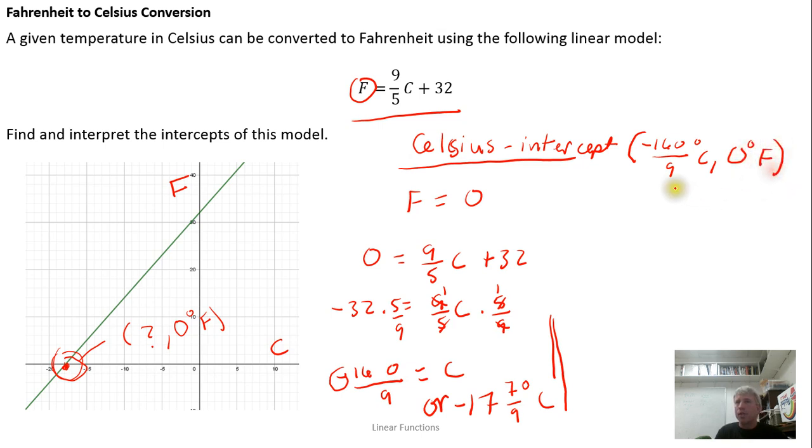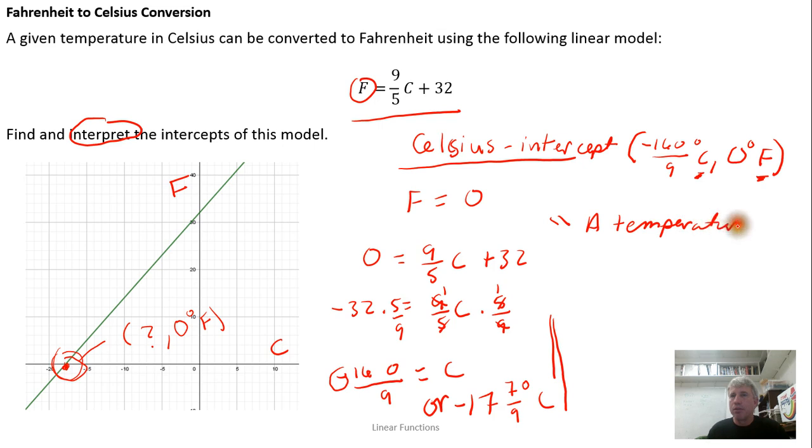And I think in the homework it always says give the intercept including units, or find the intercepts as ordered pairs including units. And the including units part of that statement means that you're being asked to include the measurement units on the numbers. And then we just need to interpret this. So the interpretation, because over here it says interpret. So the interpretation is that a